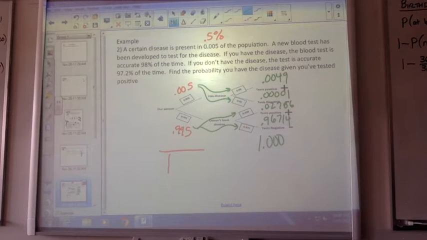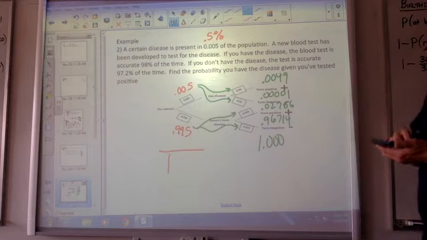So let me just verify I have these right. 0.005 times... You add every single one. Well, you want it. That will tell you if you have the tree diagram done correctly. Yeah. So each branch. So 0.98 times